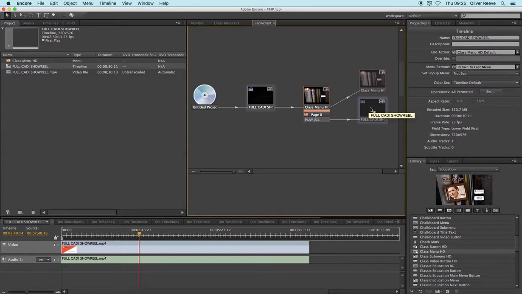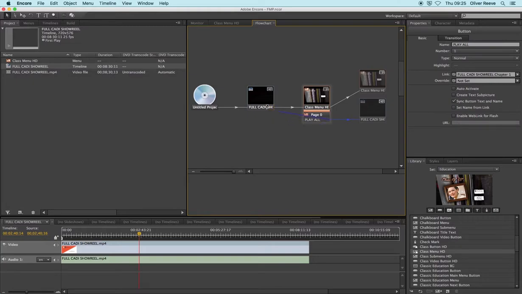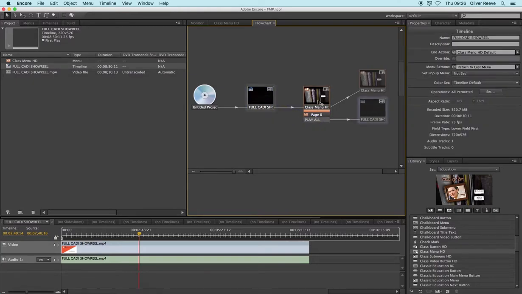If you've got this far, you just need to do one more step, which is to close the circuit, and you've got to tell Encore what the DVD is doing once this is finished playing. So at the moment when this finishes playing, it's going nowhere. So what you've got to do is just tie the loop by grabbing the pick whip for this and dragging it back to here, which it's